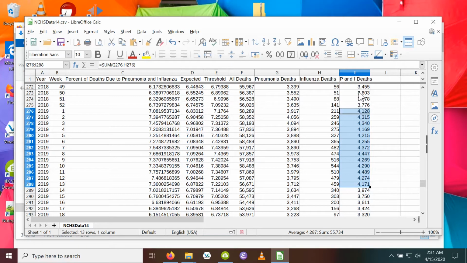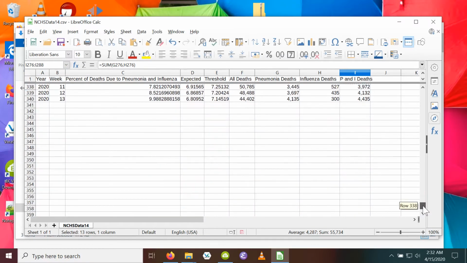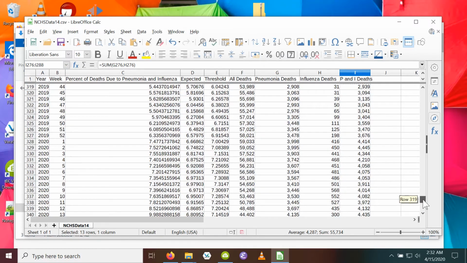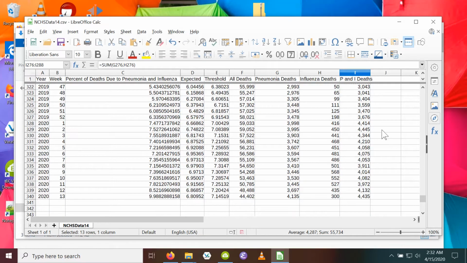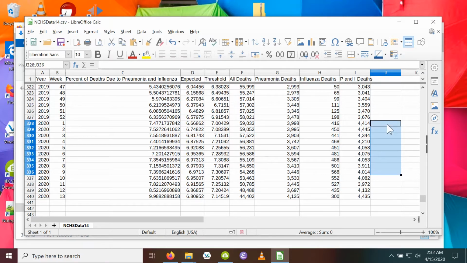Just so it's clear what I'm doing, I'm going to copy it the slow way here instead of using the hotkey. And let's go down to 2020. So this file contains the data for the first 13 weeks ending March 28th of 2020.